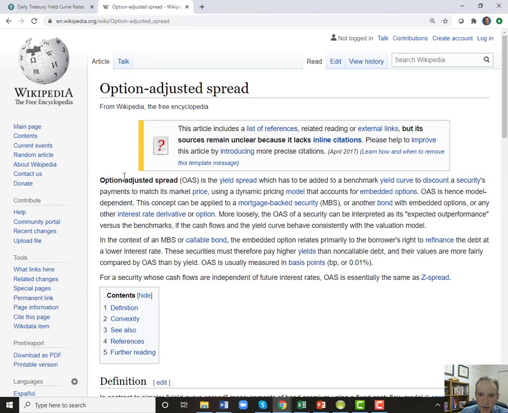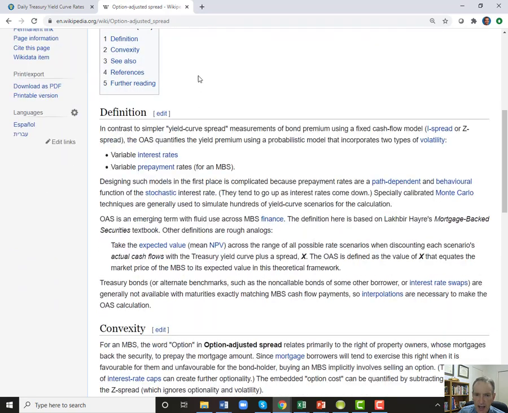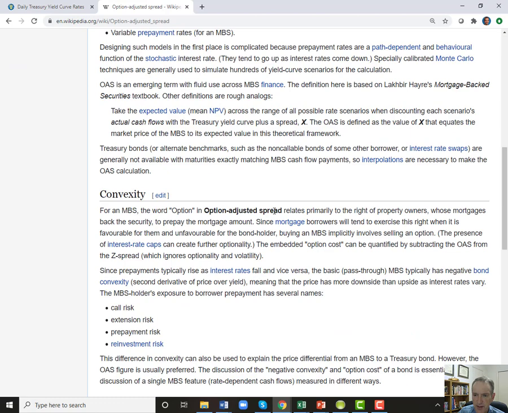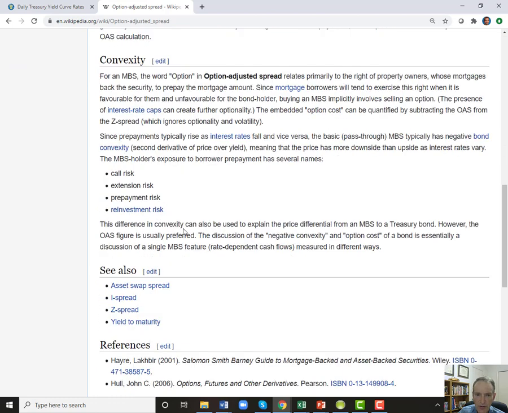So what is option adjusted spread? It's the spread that you're getting over the risk-free security. So if you have a 5-year mortgage-backed security, if its option adjusted spread is 5 basis points, you're getting 5 basis points over a 5-year treasury or whatever treasury the benchmark is. I should be careful in telling you that. You can see it actually goes in quite a bit of detail. It actually goes into some concepts that I haven't seen in a long time. I'd have to go look them up.